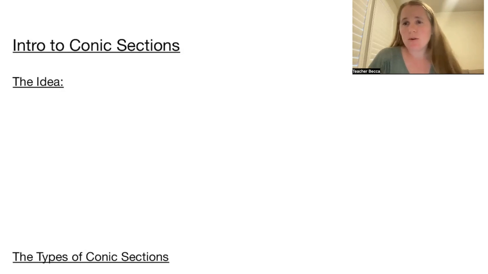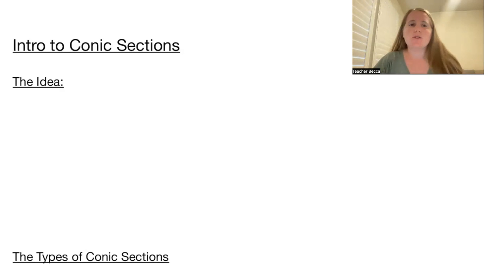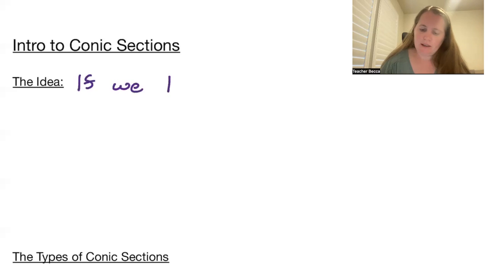Welcome to Intro to Conic Sections. So we are now going to completely switch gears again and start in on something called conic sections. This is another topic that will be of use in Calc 3, even if it seems disconnected from the rest of the Calc 2 material. So the general idea, and the reason these are called conic sections, is if we take two